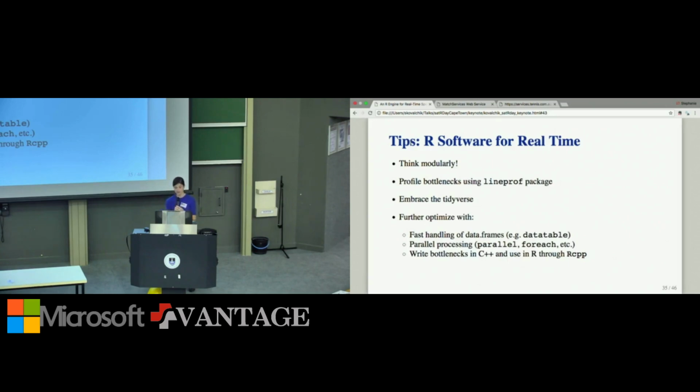Fortunately, the R community was aware of this long before we were, and there's a number of packages out there that can help with faster handling. I'm sure this isn't the only one, but we're currently making use of data table functions for a lot of those basic manipulations of data frames. And that's actually helped us gain quite a lot in our performance.